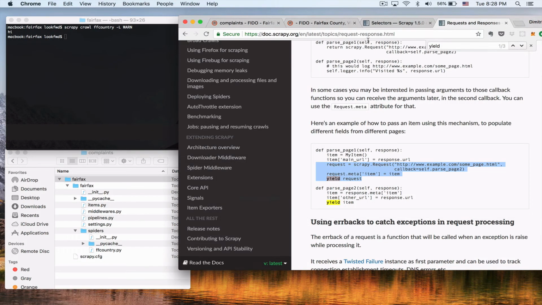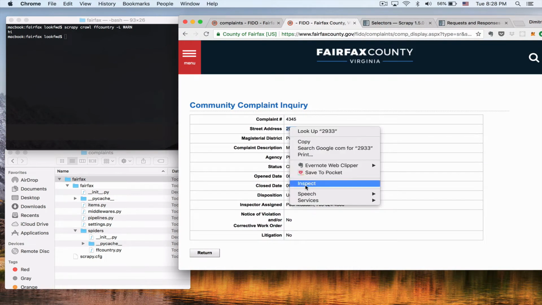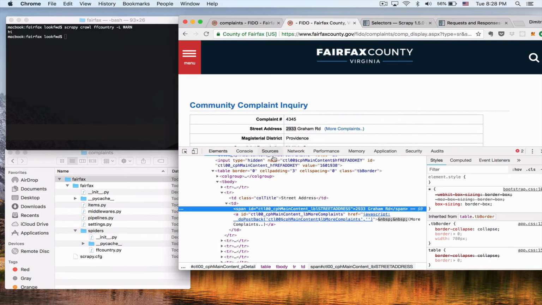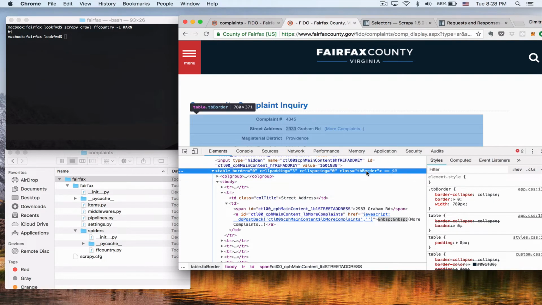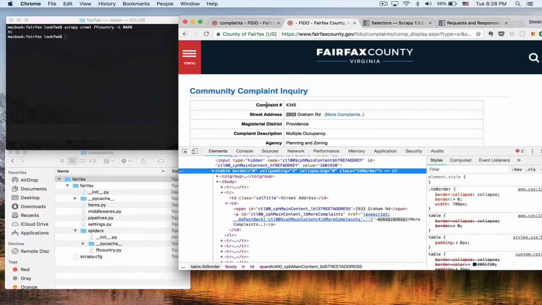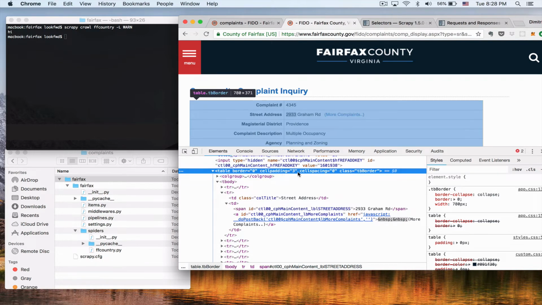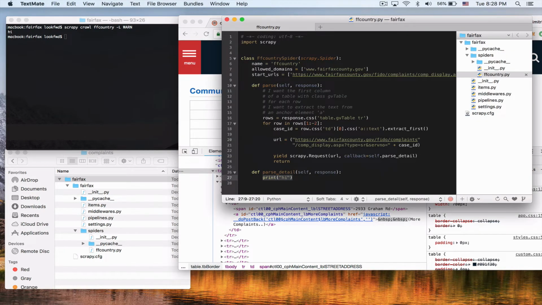So if we really successfully had this page, what we would expect to see, for example, is the street address. So again, similar story with the table. We have a table here with class tb_border, and more or less we would like to see those two columns. The first one is the type of the property, and the other is the value. So let's try to find the table with class tb_border. Same as above,